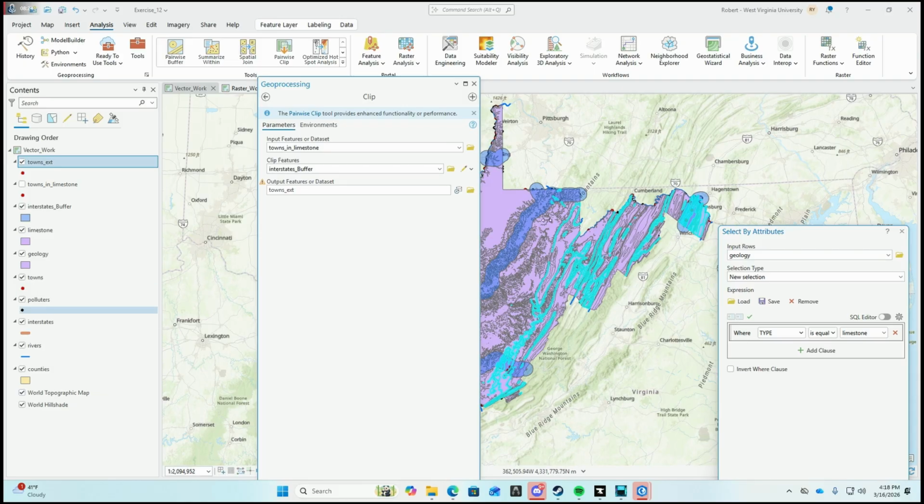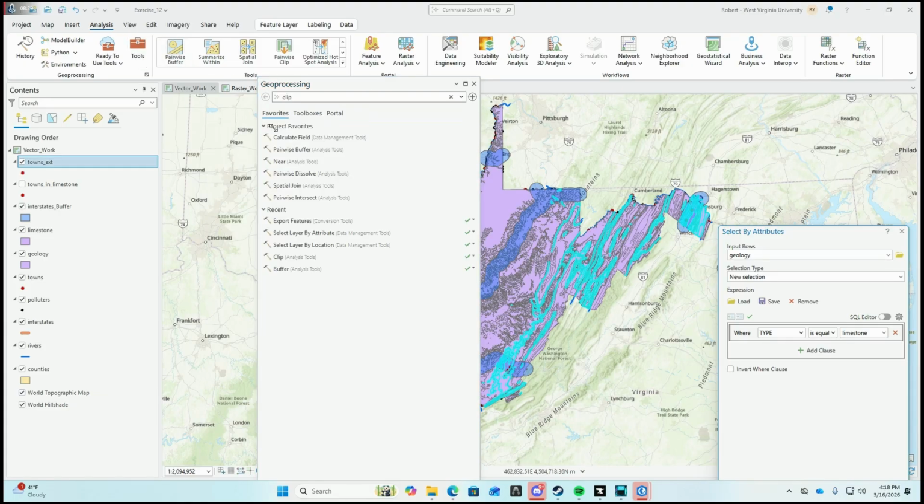So next we want to generalize the geology, so we want to make all the features of geology the same age and put them all into one feature. So we can use the dissolve tool. So if we go to Tools, Dissolve,